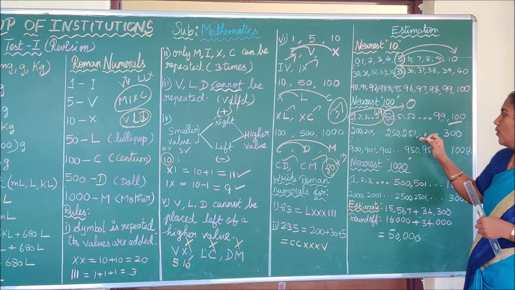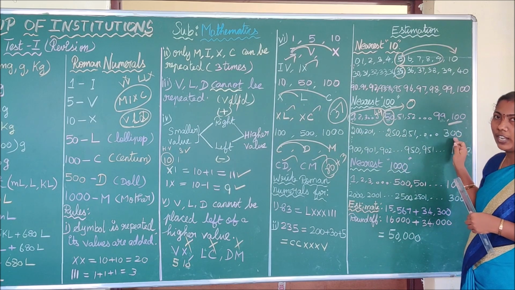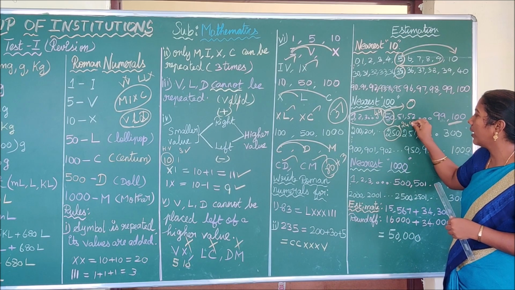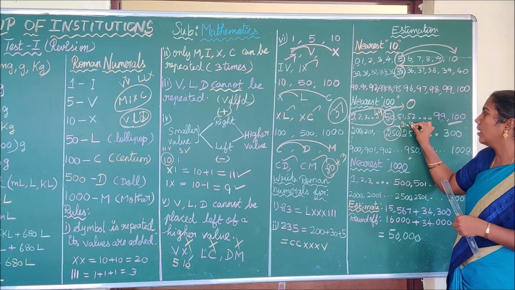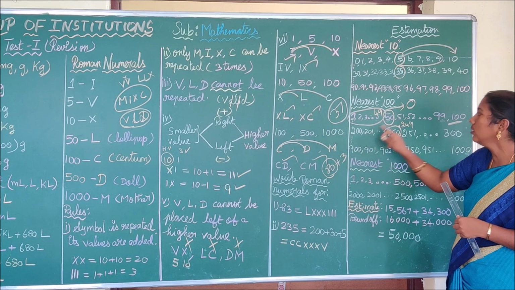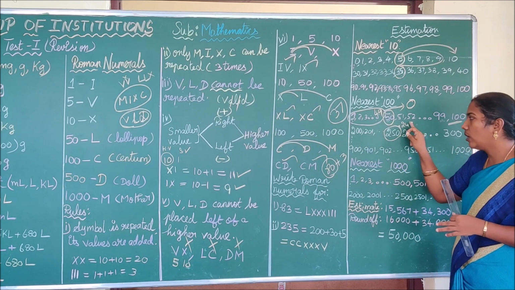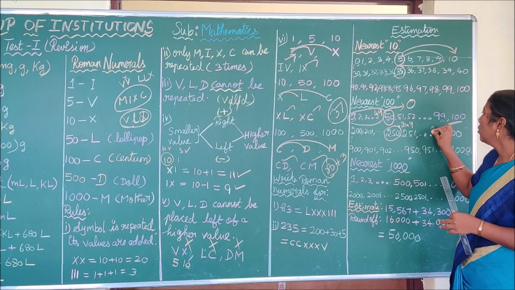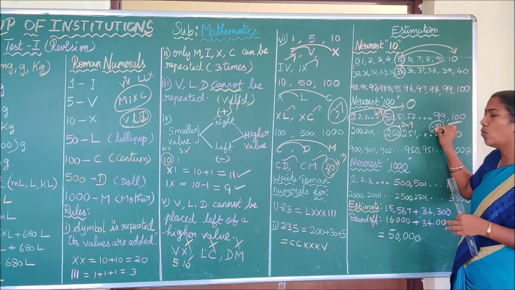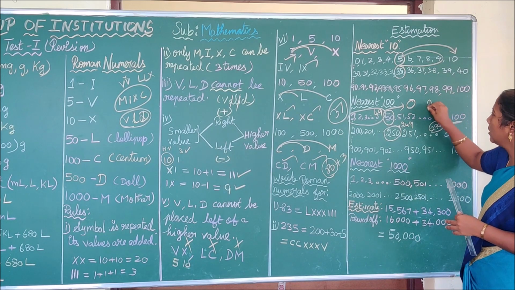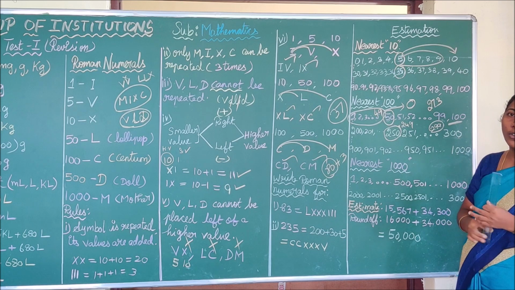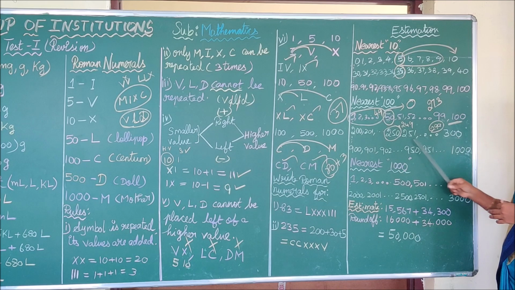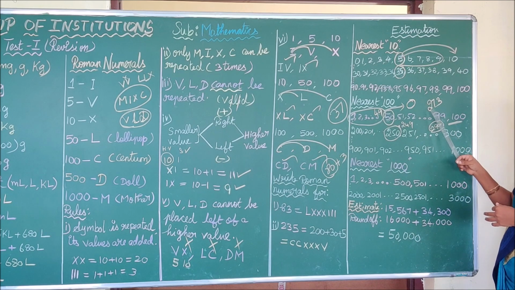See the next set of 100 numbers, 200 to 300, and the middle number is 250. Before 250 you have 249. So 201 to 249 are rounded off to 200 and from 250 to before 300, 299, these numbers are rounded off to 300. Suppose in your question there is 273. What do you have to round it off to? This is rounded off to 300. This comes in this area, so you have to round off this number to 300.